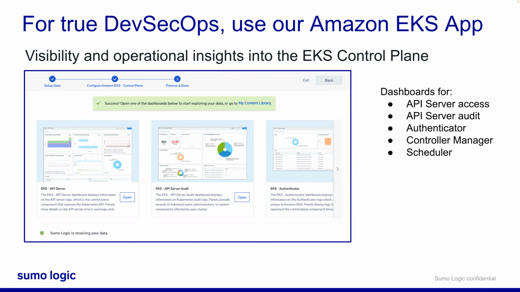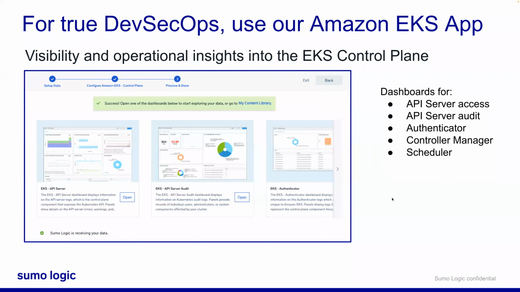Now, what I'm showing here is our Sumo Logic app, and we're going to look at apps once again in the application shortly. This app has been designed specifically for Amazon EKS, specifically the control plane app. It's going to provide visibility into your EKS control plane with operational insights into the API server, the scheduler, the control manager, and the worker nodes. These apps are pre-configured dashboards that display resource-related metrics for Kubernetes deployments, clusters, namespaces, pods, containers, and daemon sets. All that information is going to be very easily viewable in Sumo Logic with the addition of our app. And we're going to utilize these apps in about two minutes.